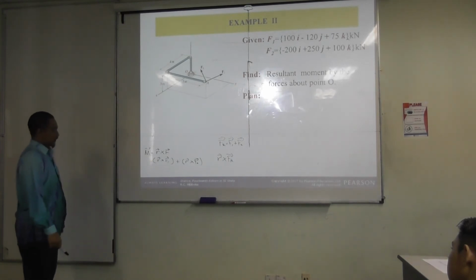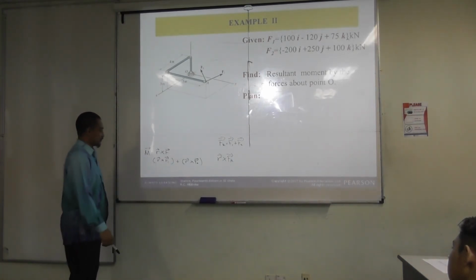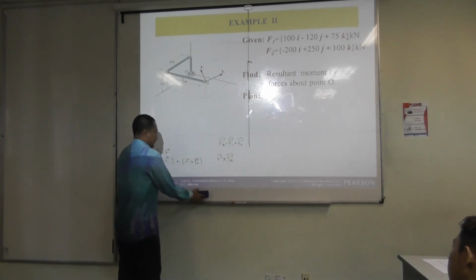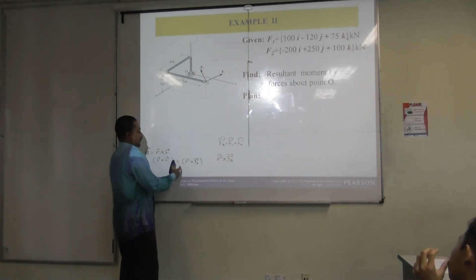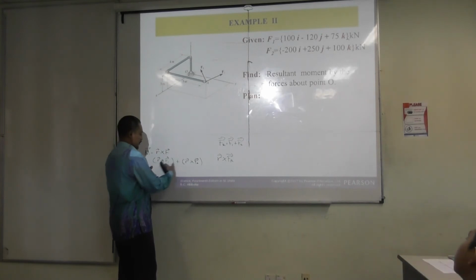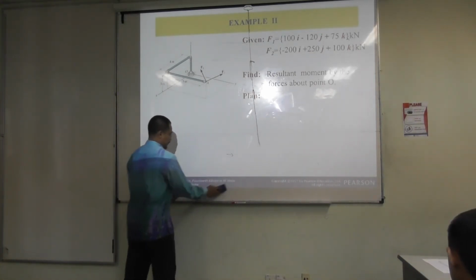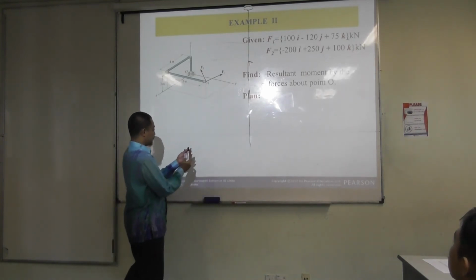So which one do you want to try? Is it this one or that one? That one. This one. It's easier, is it? But you understand that? Meaning in another equation and another problem, if you have to do separately, you should do separately. Now, if you want to do this one, so FR equal to